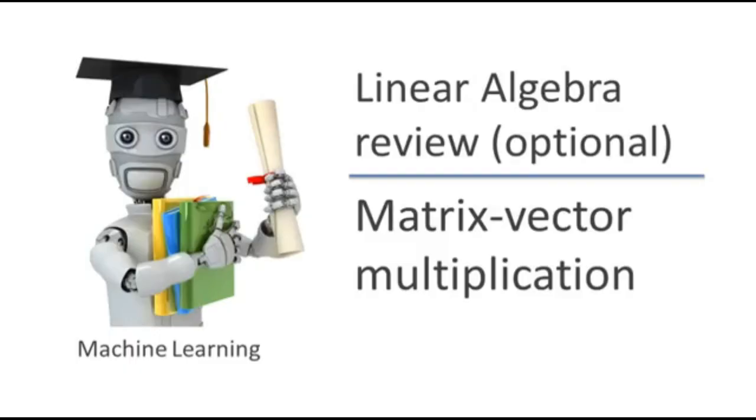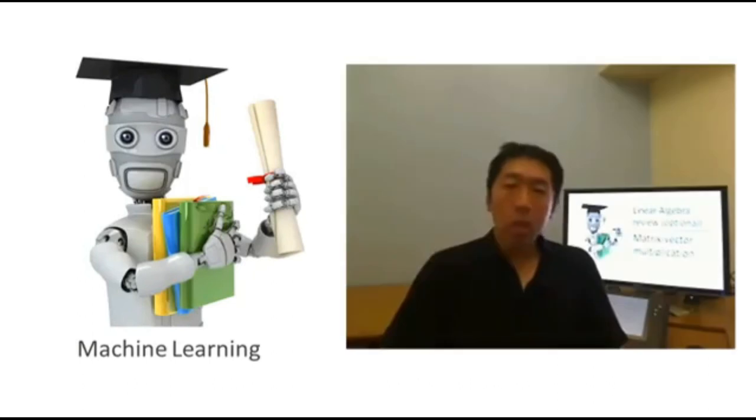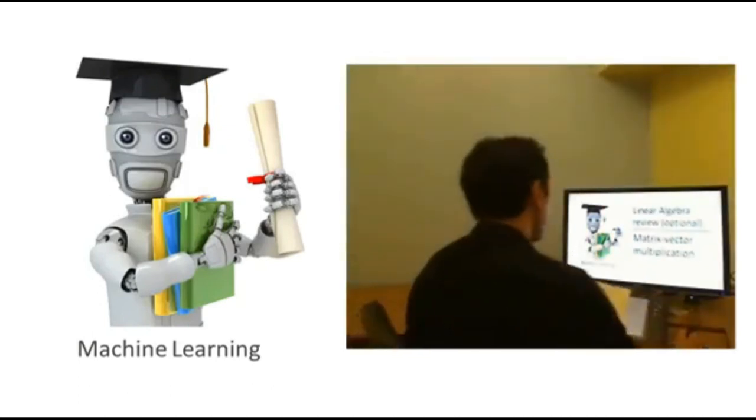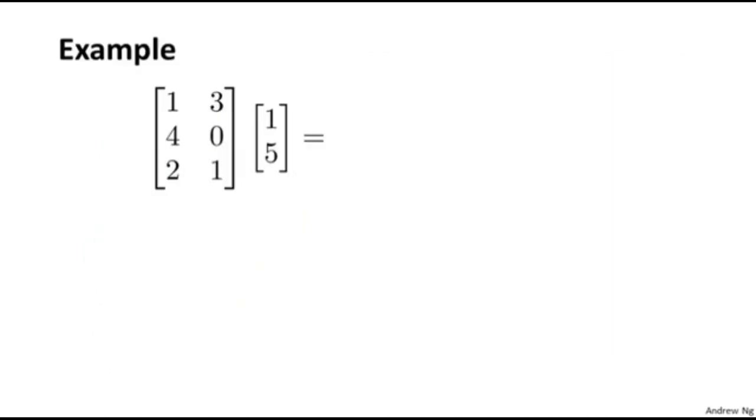In this video, I'd like to start talking about how to multiply together two matrices. We'll start with a special case of that, matrix vector multiplication, of multiplying a matrix together with a vector. Let's start with an example. Here's a matrix, and here's a vector, and let's say we want to multiply together this matrix with this vector. What's the result? Let me just work through this example, and then we will step back and look at just